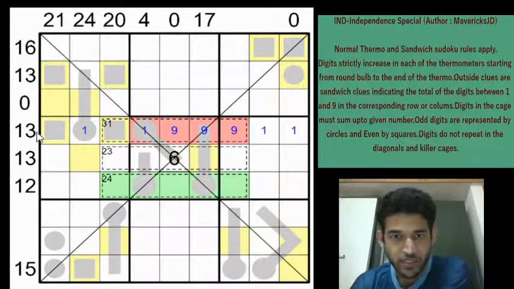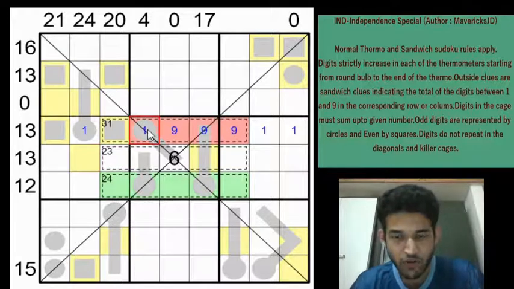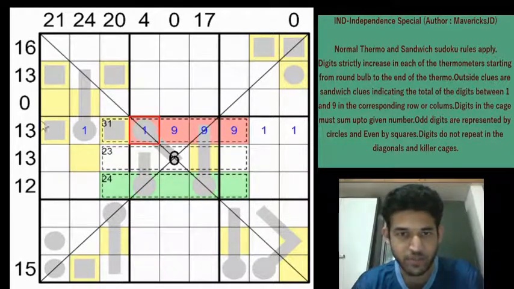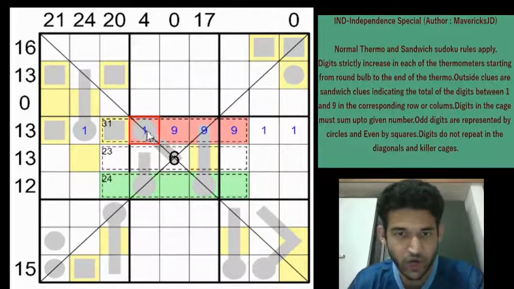Okay, let's look at this 1 clue again in depth. If you have a 1 here, let's see what happens, because we have a 13 total and a 31 cache assisting us. Let us see what happens if you have a 1 here. We need at least 2 cells between 1 and 9 to satisfy the 13. So immediately we will get a 9 here, right? And then we will have 13 from these 2 cells. So 13 plus 9 plus 1, which is 23.